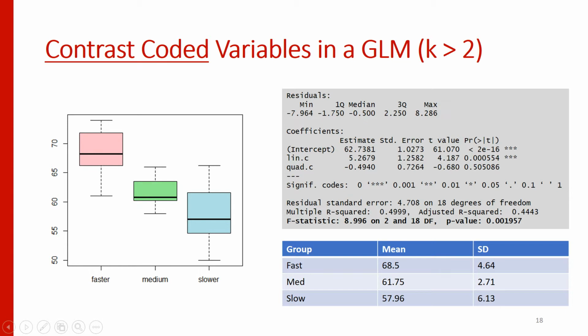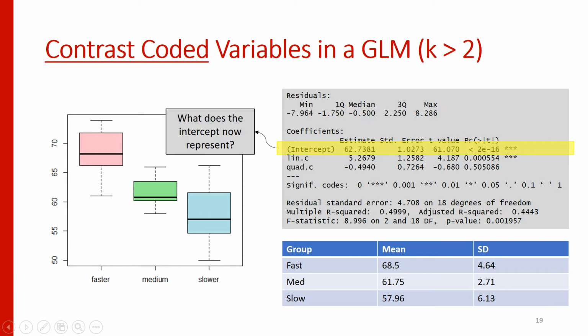So if I plug those values into R, I get a regression equation that looks like this. Rather than treatment codes that tell me exactly which group you're in, I have contrast codes that assign values of 1, 0, and -1 for the linear code, or -1, 2, and -1 for the quadratic code. And you can see now our coefficients have changed pretty substantially. We have to now ask, what does this intercept actually represent? The value of the intercept has changed. It's no longer the mean of the FAST group, but it's